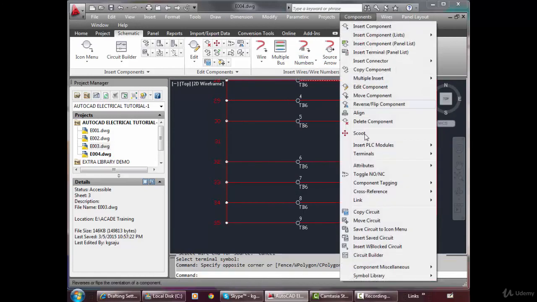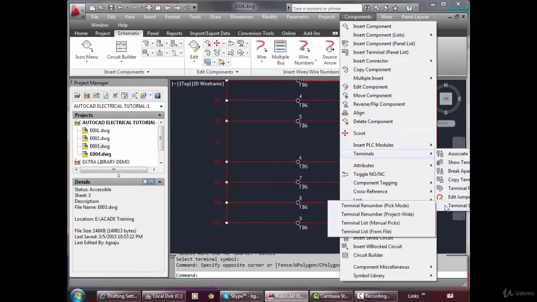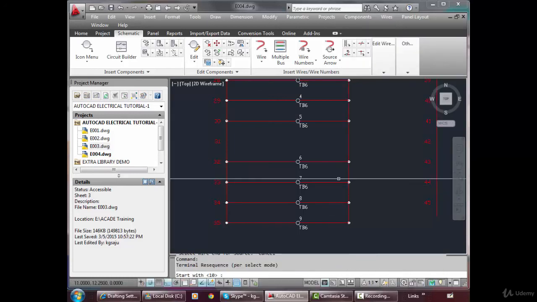All these things, terminals, don't get confused by seeing all these commands. One by one you will learn automatically. The pick mode and the terminal number, project wide, this we will cover later. This is one way. Go to terminal strip utilities, there you will find terminal renumber, pick mode.